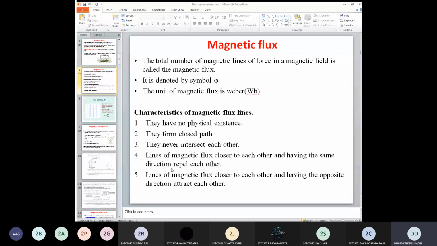So there are three conditions to find out the flux passing through this plane. If it is exactly perpendicular to the plane, then maximum flux passes, it is B into A. If it is inclined by the angle theta with the plane, then flux is BA into sine theta. And if both are in parallel, then zero flux passes through this plane. So let's understand this concept by calculating one example. Write down this example.